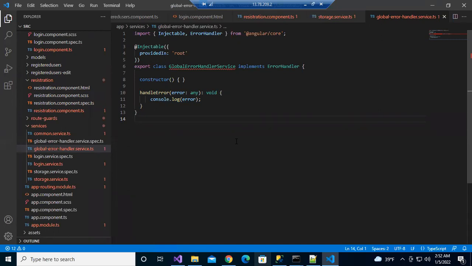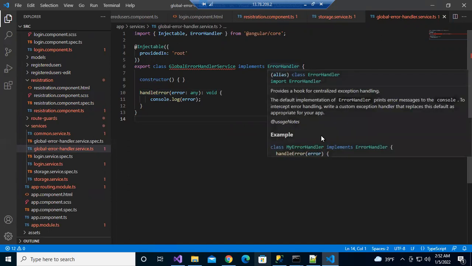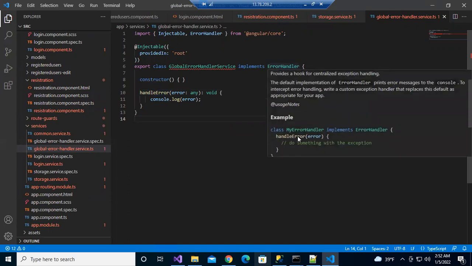Krishna? Yeah. Everywhere you write implements, the same method will be inside this class, right? But here it is different. HandleError is there, which is provided by Angular. Earlier with implements CanActivate, they gave the canActivate method, so this also they have given. See here, once you implement, it shows that you need to implement the method.